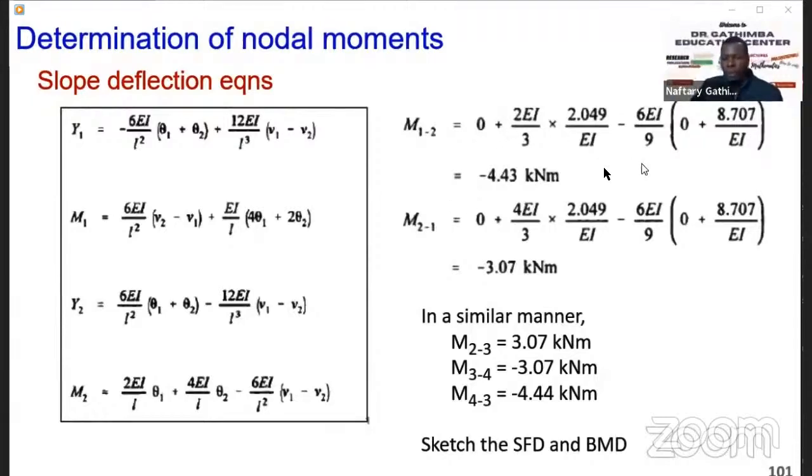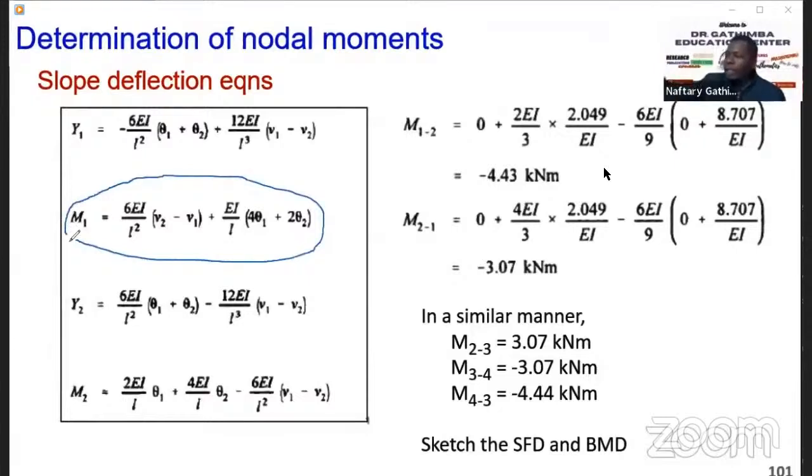So you just need to substitute the values of theta 1, theta 2, V1 and V2. So for example, for 1, 2, we are utilizing this expression,